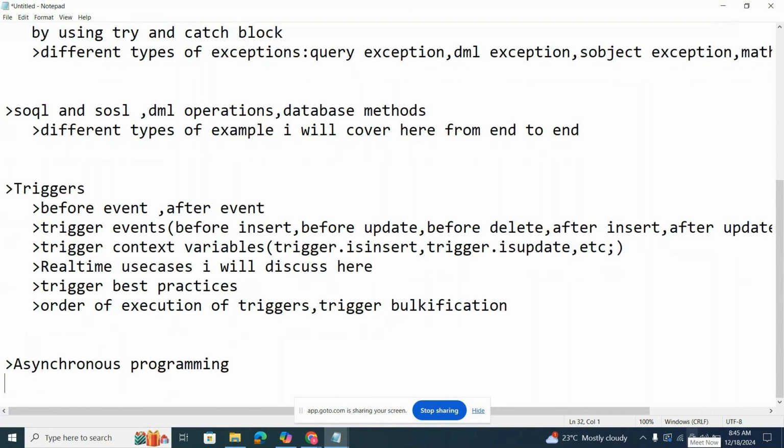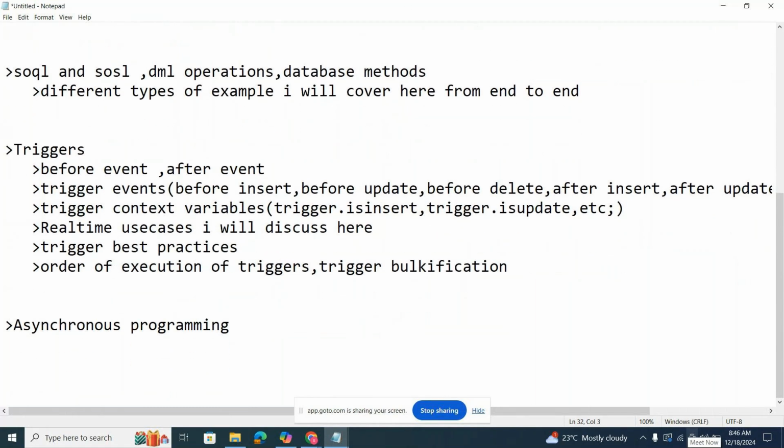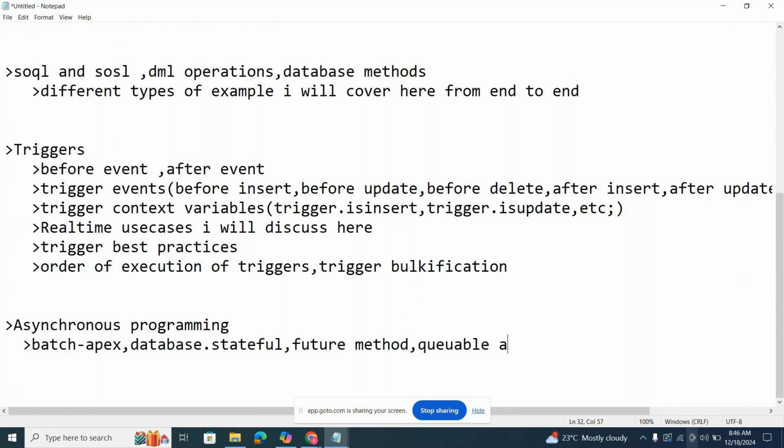Asynchronous programming is divided into different types like batch Apex. Each and everything I'll explain with different types of use cases. Database.Stateful: these are theoretical interview questions that will be asked in the interview. And future methods, each and everything I'll give with some real-time use cases. Queueable Apex, and schedule Apex.